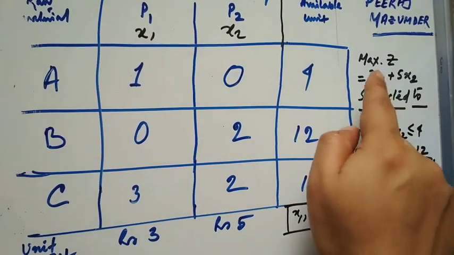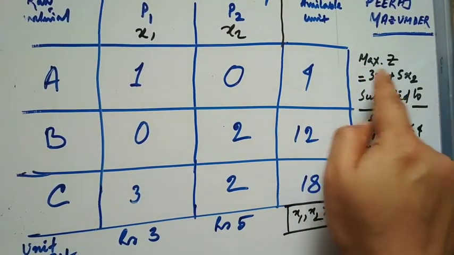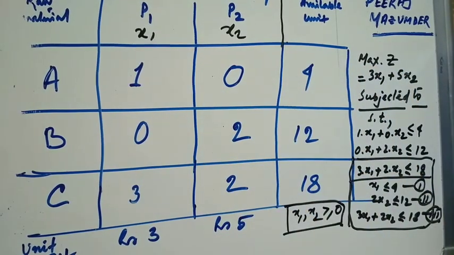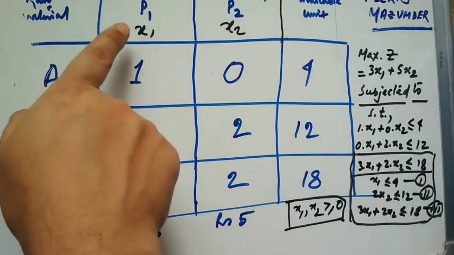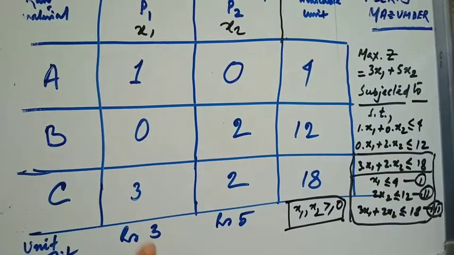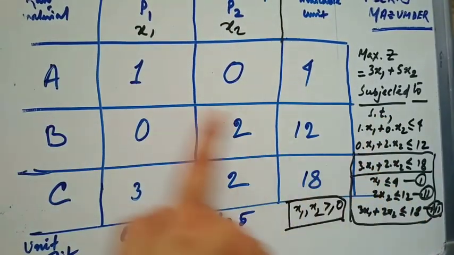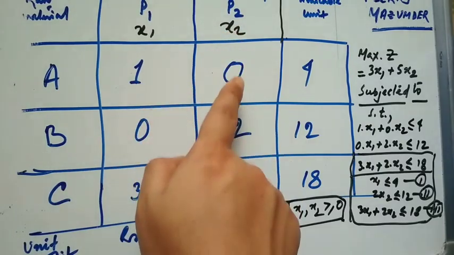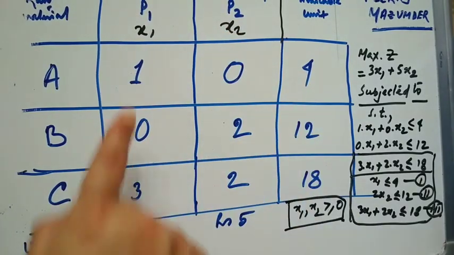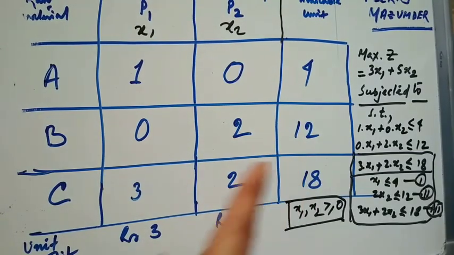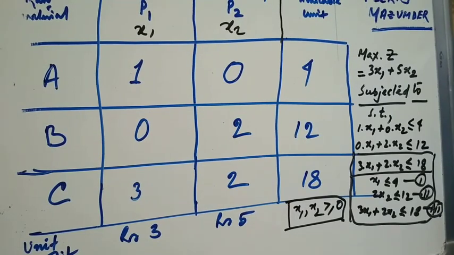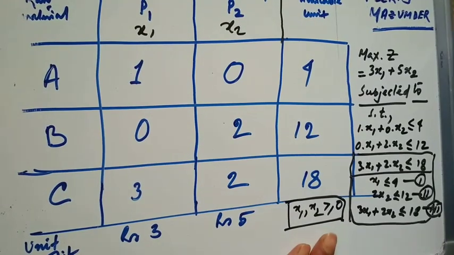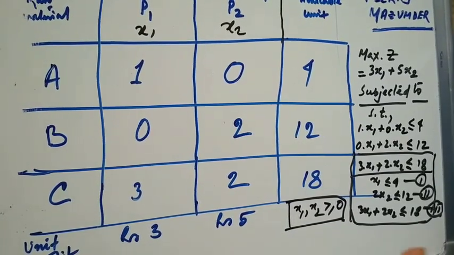So we have to write as maximize z, that is max z equal to unit profit is 3 for product P1. So let us say we have to produce x1 and x2. So 3x1 plus 5x2 subjected to constraints x1 into 1 plus 0 into x2 less than equal to 4. Next 0 into x1 plus 2 into x2 less than equal to 12, and the last one is 3 into x1 plus 2 into x2 less than equal to 18, and x1, x2 should always be greater than equal to 0. That is, it cannot be negative. They are the decision variables. Okay, so this is all about the formulation.